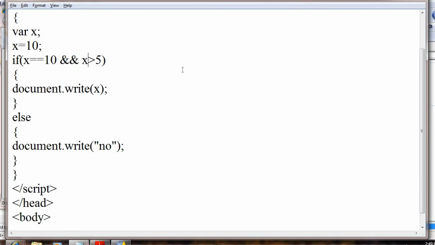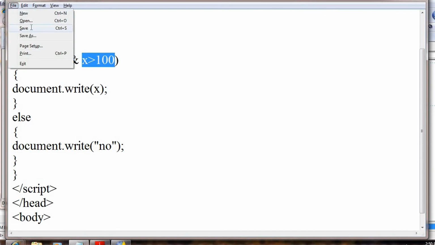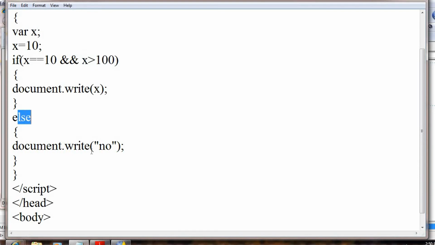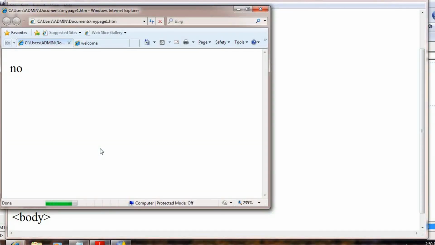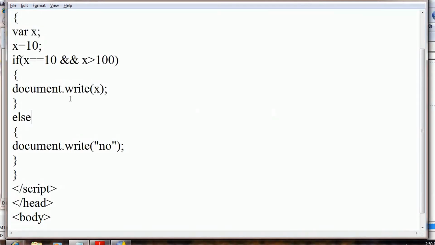For example, if I say x greater than 100, the value of x is 10, so 10 equal to 10 is true, but 10 greater than 100 is false. So the overall sentence becomes false, it goes to the else part and displays no. You can see here. So this is your if condition.